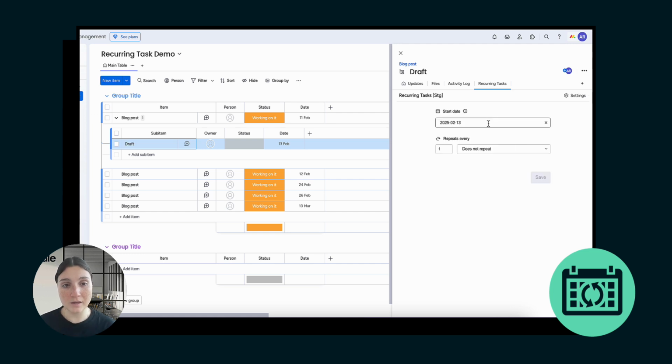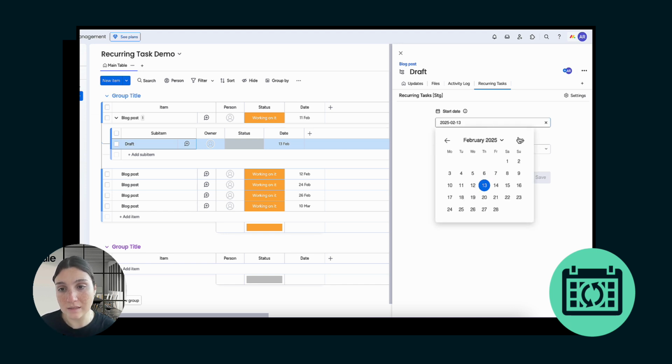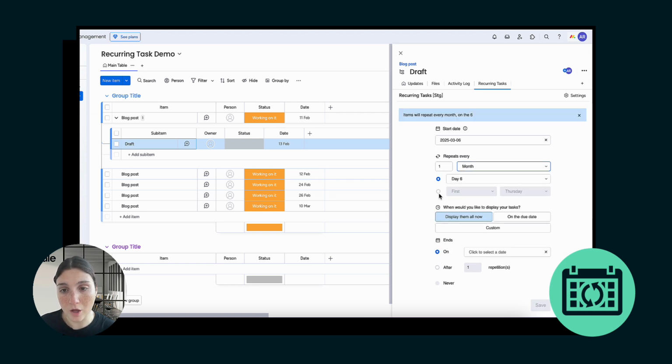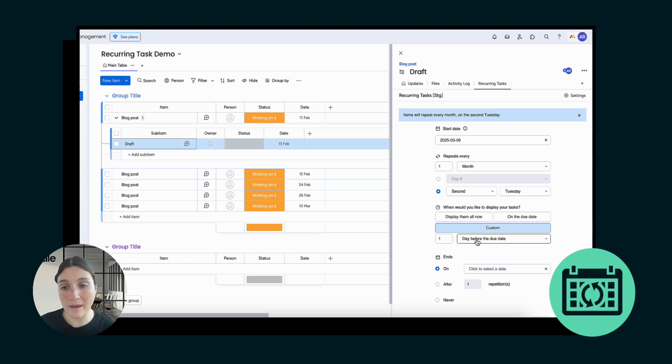And for this example, I'm going to show you how you can actually set up an automatic schedule and what it looks like after you set it up. So let's go ahead and select a date, the 6th of March, repeats once a month, let's go ahead and select the second Tuesday. And then we're going to select custom, and I want my task to appear 1 day before the